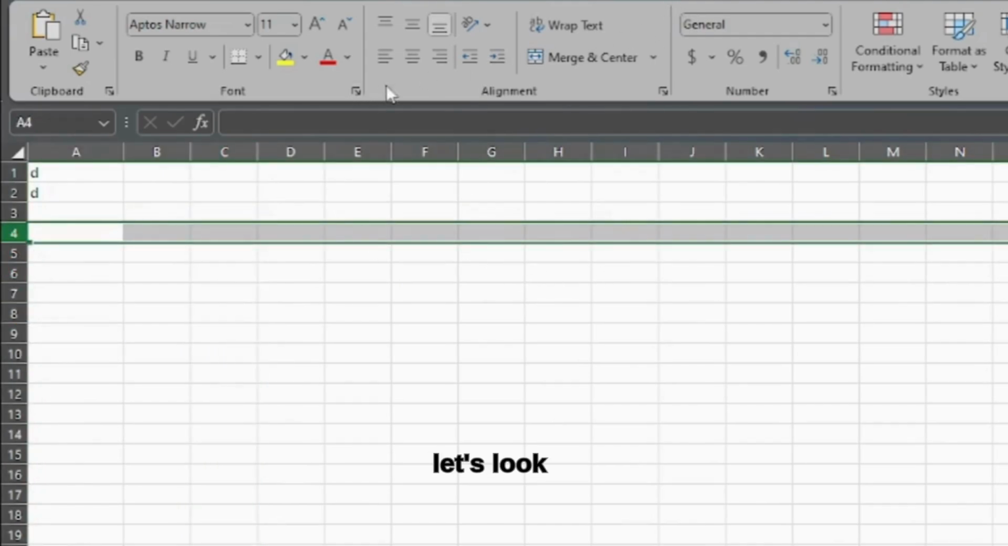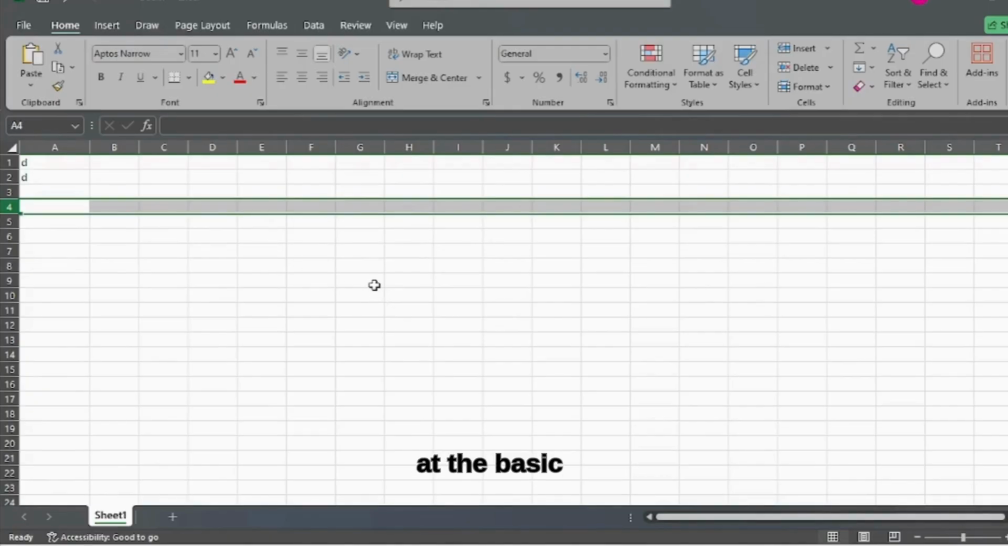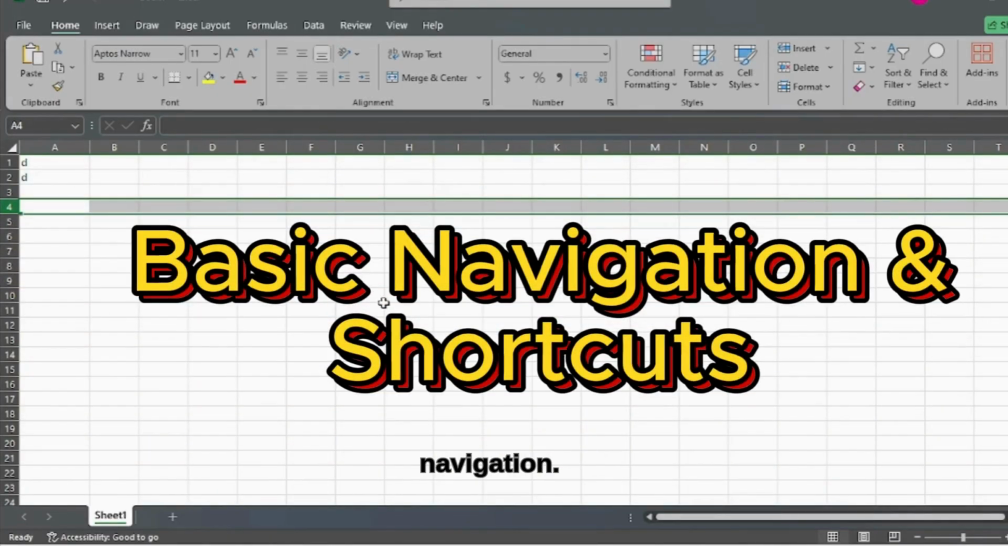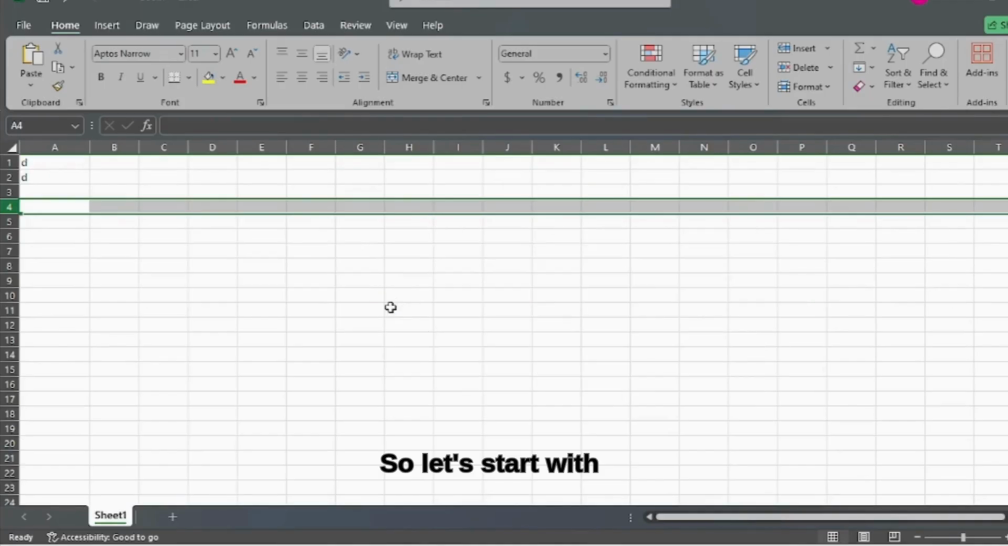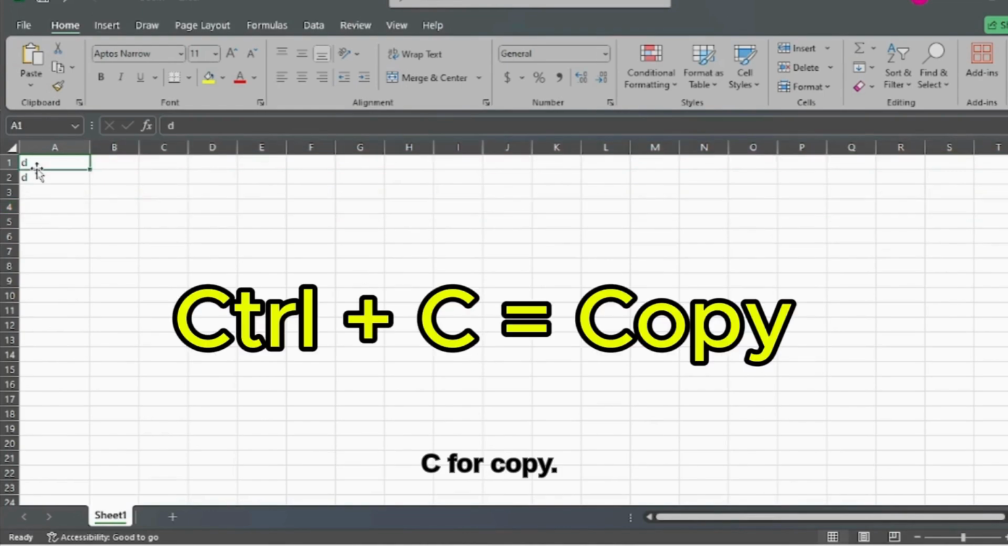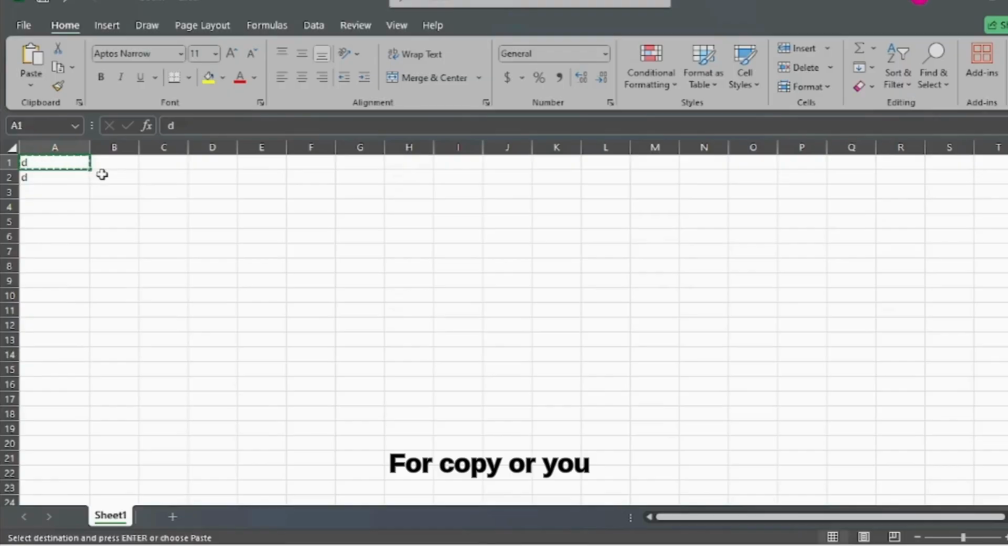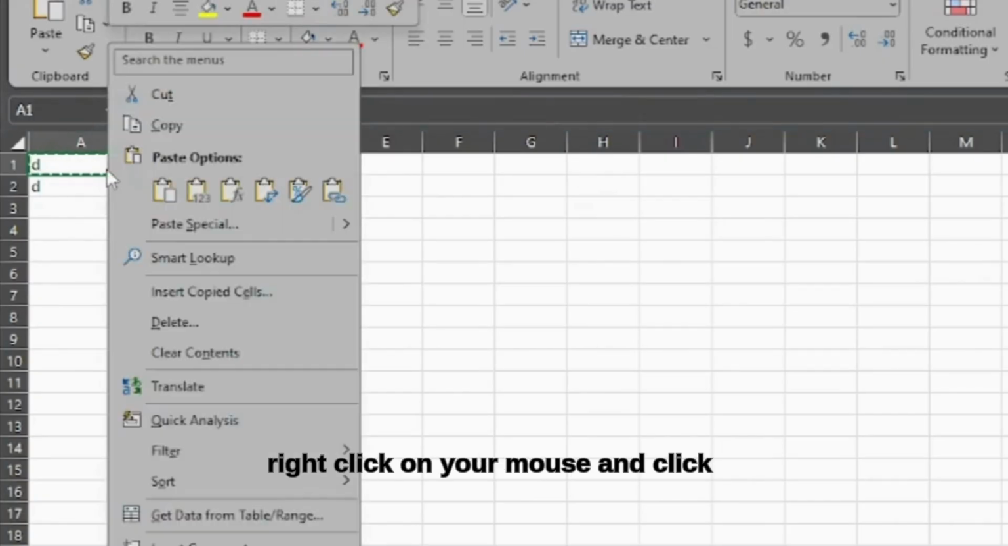So, let's look at the basic navigation. And after that we look at the shortcuts that we can use. So let's see basic navigation. Let's start with Ctrl C for copy. Let's say we copy this, Ctrl C for copy, or you right click on your mouse and